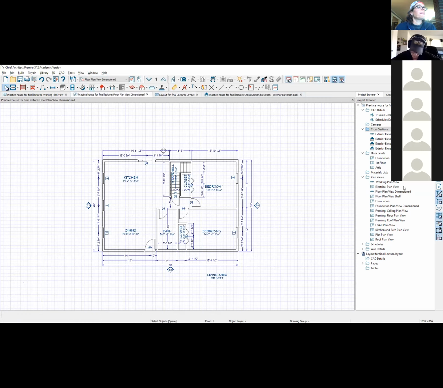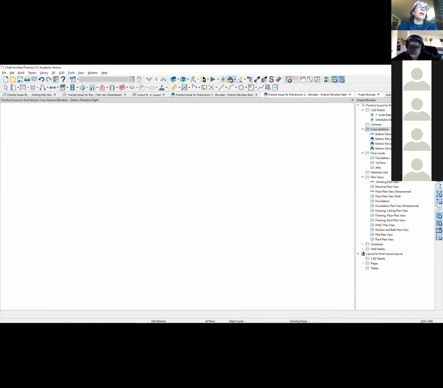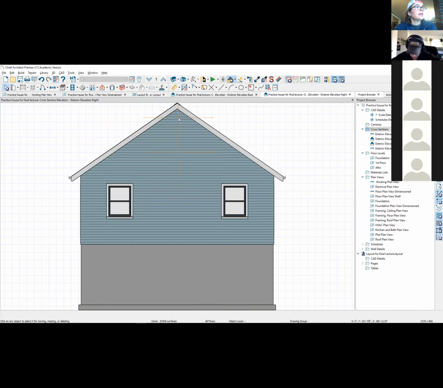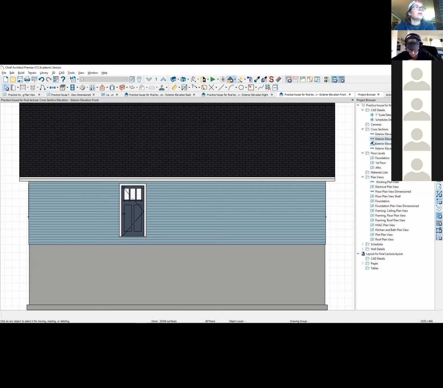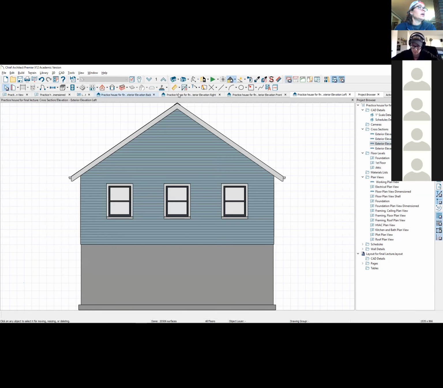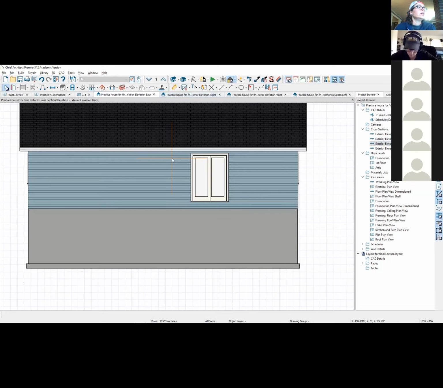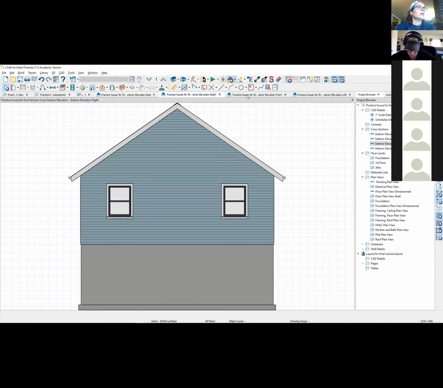If I want to see those elevation views, I can either double click on one of those cameras to get to that elevation view, or these are now saved camera views, or I can go to my saved camera views in my project browser and open them directly from here. So now I have my 4 elevations, 1, 2, 3,